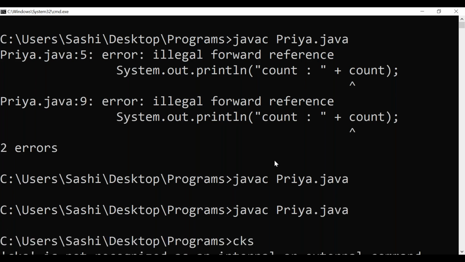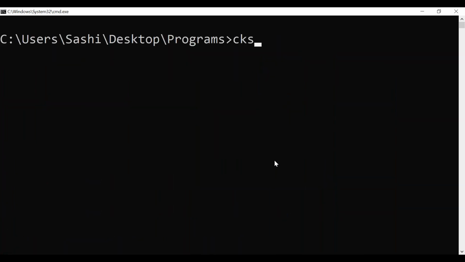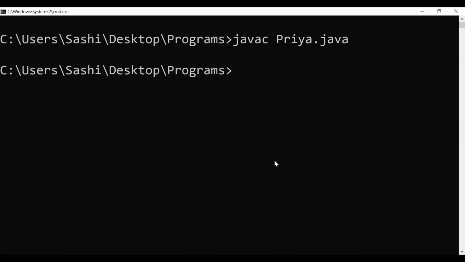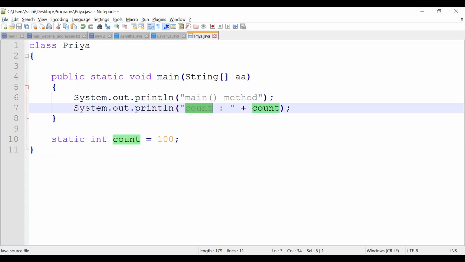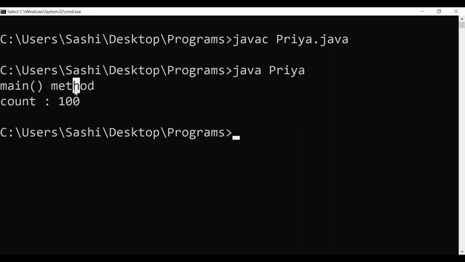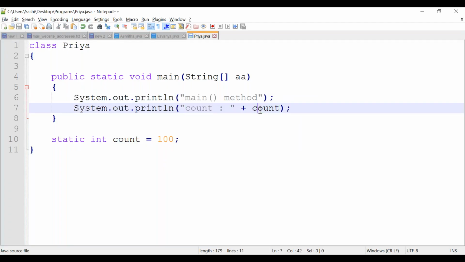javac file name dot java. See here, there is no compile time error now. If you run java file name, you will get the output. See here, you are getting the output main method, correct? Then count value is 100.